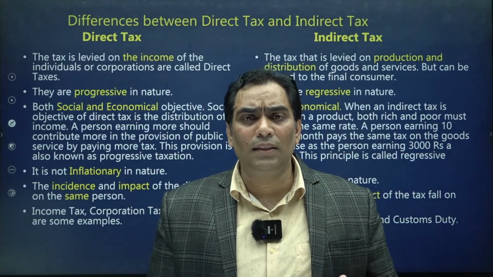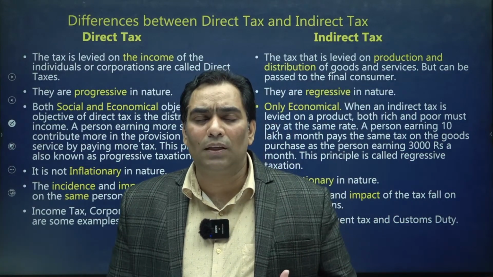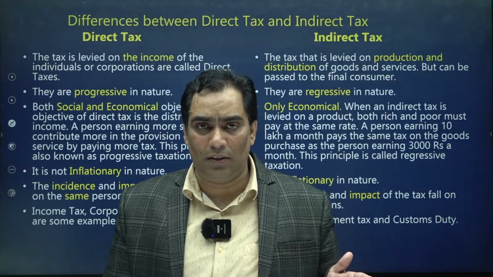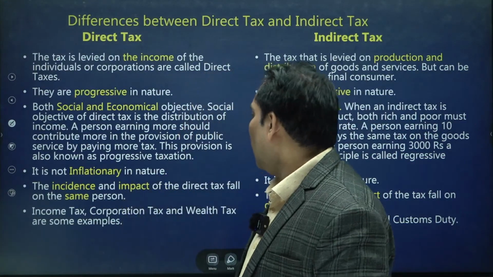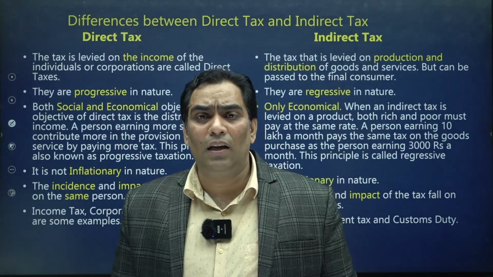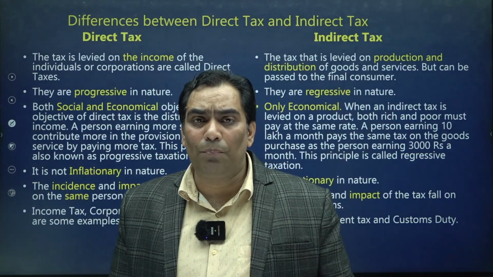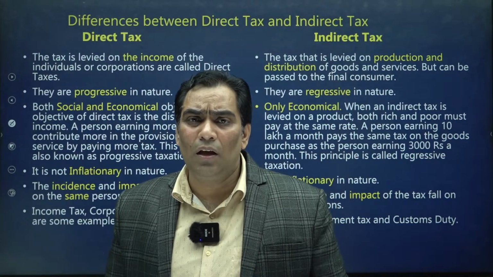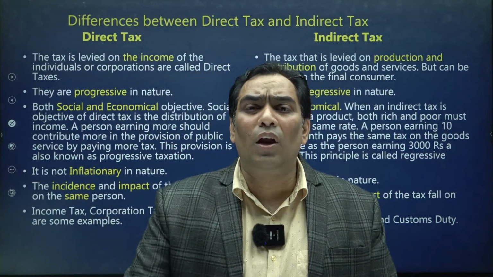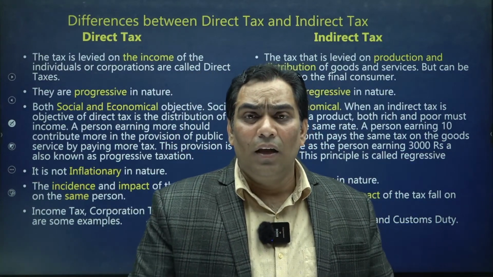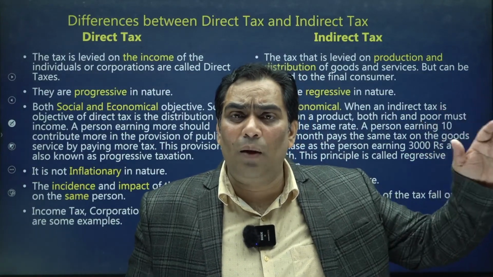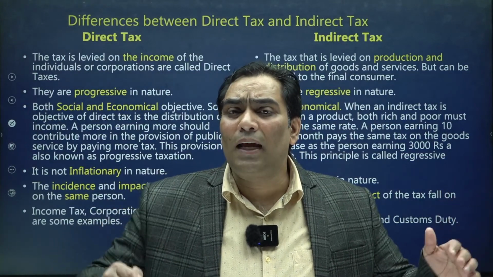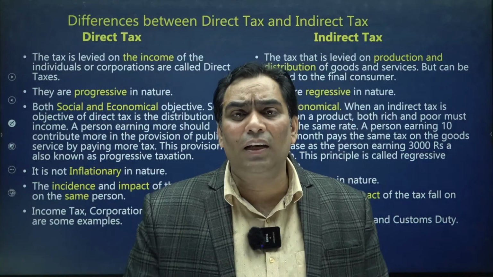okay. Next we can say that direct taxes are progressive in nature, whereas indirect taxes are regressive in nature, okay. And another thing we can say is that the objective of levying the direct taxes is social as well as economic. Social means we want to ensure equality, we want to decrease the economic disparity. That's why it is going to reduce the income of the richer, whereas the government is going to make provisions for the poorer by collecting the revenue. So it is going to decrease the disparity,